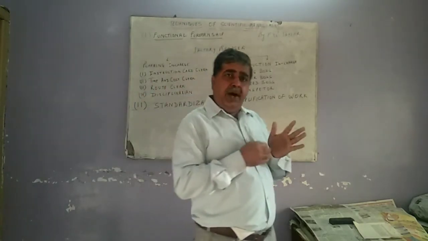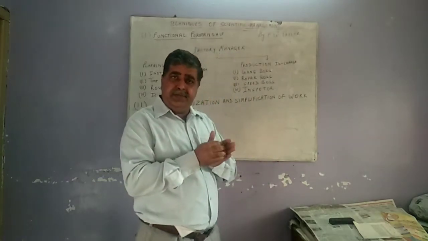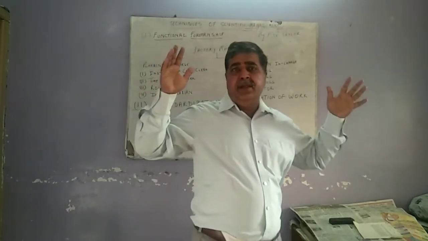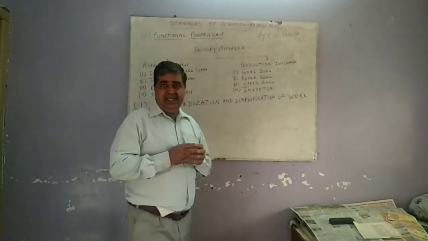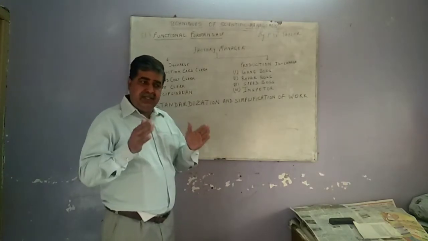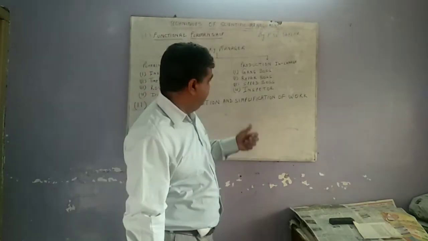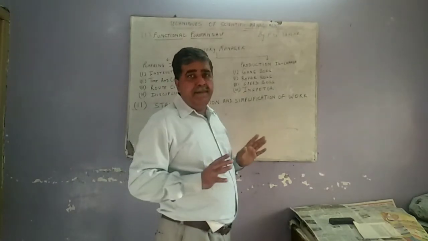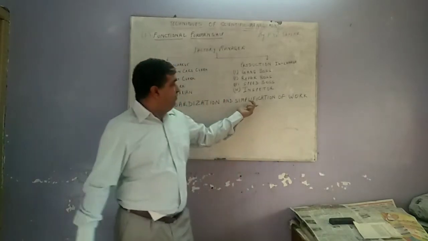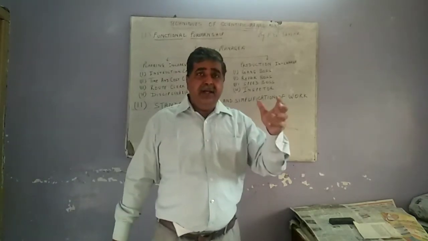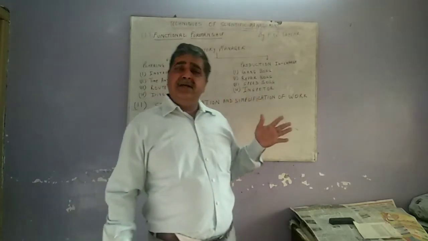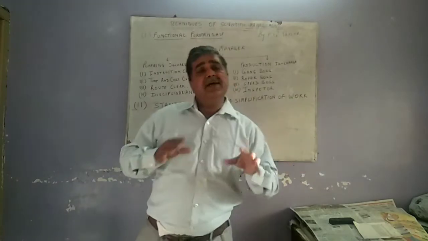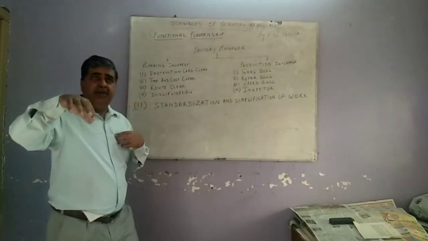Otherwise, they could have 1 rupee packing, 2 rupee packing, 5 rupees packing, 10 rupees packing, 50 rupees packing, 20 rupees packing, 25 rupees packing, 30 rupees packing, and so on. So they avoid these different packings. They avoid these different diversifications. So they only have 3 packings, which is a very successful packing in the market. So simplification means just to avoid unproductive and other unnecessary diversification and quality of the product.